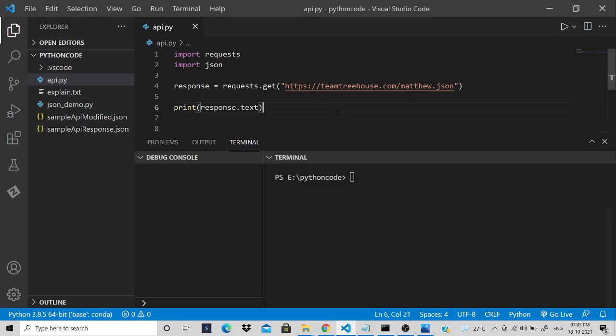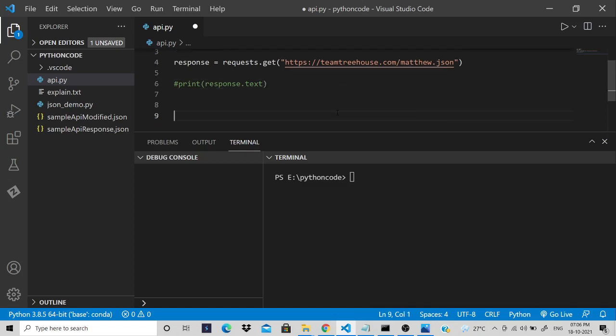So if you clearly remember what we did earlier, if we have a string, the contents of which is a valid JSON data, we can convert that to an equivalent Python object using the json.loads method which we had. Okay, so let me comment out this particular line. For commenting in Python, we use the hashtag symbol. Okay, now